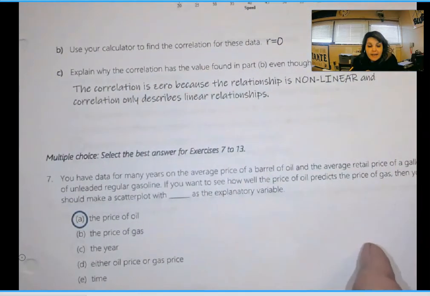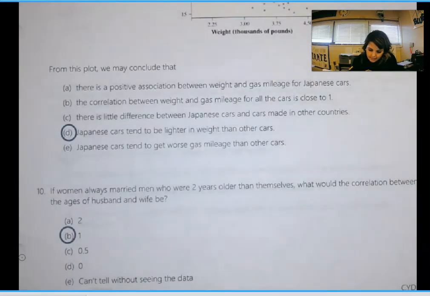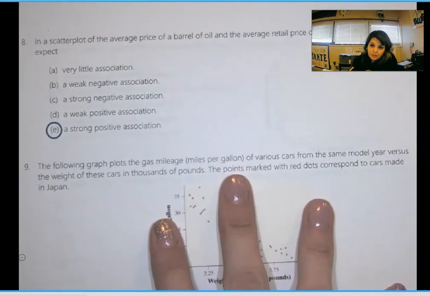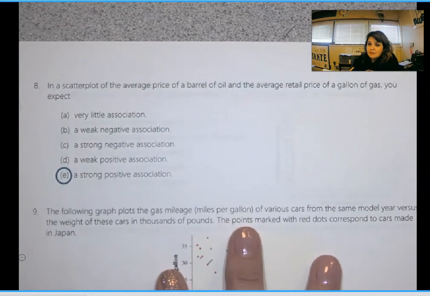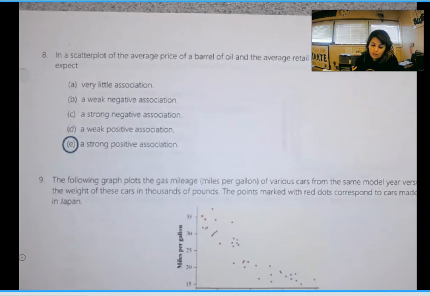7 is A as in apple. 8 is E as in echo. And this is true for a lot of things that you guys buy. For almost everything, I can't think of a single thing where as the price it takes to manufacture something increases, the sales price does not also increase. Typically, the price is based off of the manufacturing price. So if the cost that it takes to make it increases, then that means they're going to have to sell it for more to make their profit. So echo is the right one there.